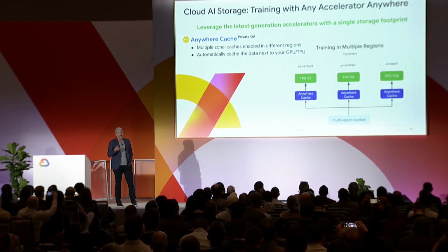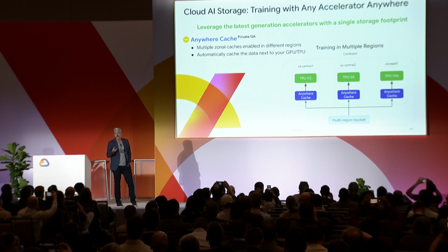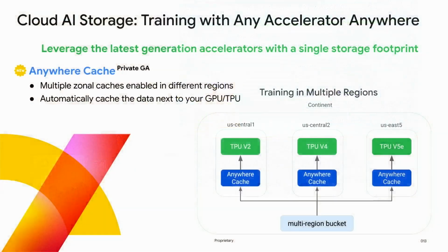Another really exciting use case for Anywhere Cache is delivering on that vision where you can store your data one time and then use it anywhere. And I'll just point out, it's a journey that we're going on, and we want to deliver on that mission, but Anywhere Cache is incredible in this case. We've seen in the last couple of days there will be a continuous stream of innovations in